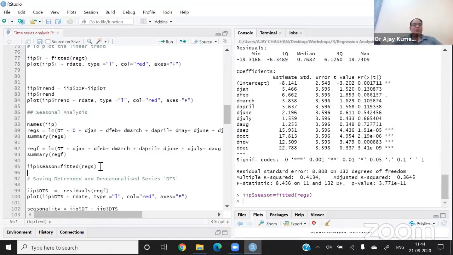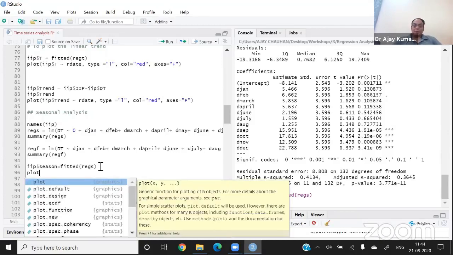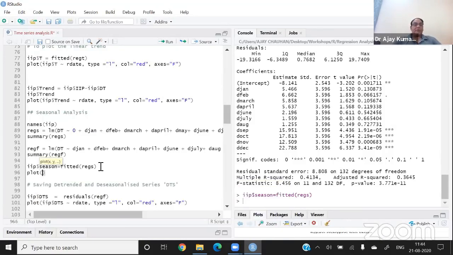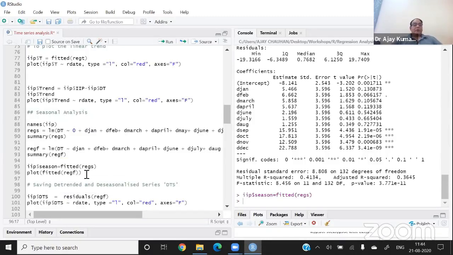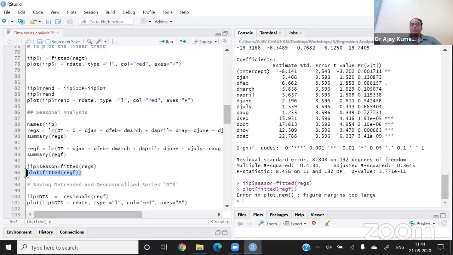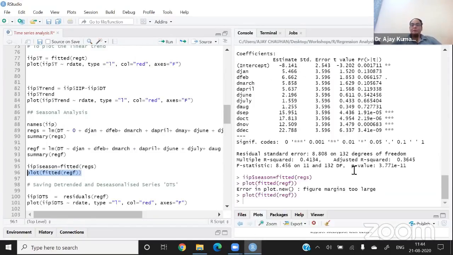Okay, let me plot this first. I want to plot the fitted values of the regression model. The name of the regression model is REGF. So you may want to see how the fitted value looks like.